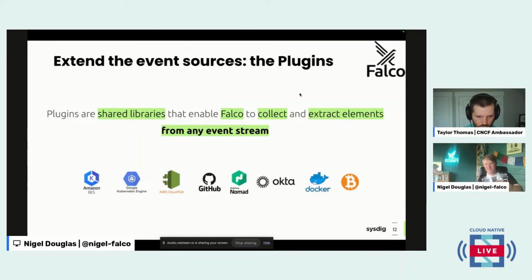So like I say, we're extending the event sources through this plugin architecture. There's all sorts of arbitrary scenarios that you could create a plugin for. Since it's an open source project, anyone can create their own plugin. People have created plugins for Okta, and the HashiCorp team made the Nomad plugin. My colleague Thomas built one for Bitcoin. Was there a specific reason in mind? Probably, but what I'm saying is, as you build your own plugins and event sources for handling different third-party sources, this is more justification for Falcoctl, a way of managing which plugins are running and the associated